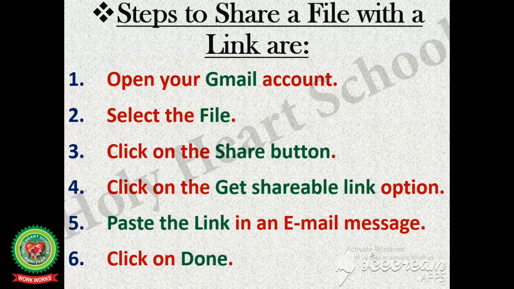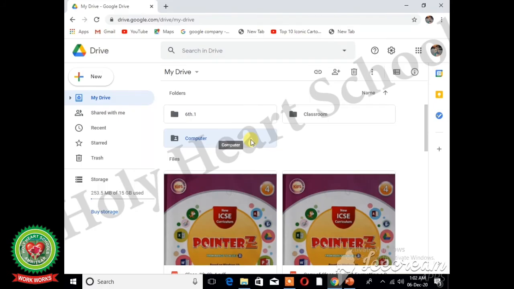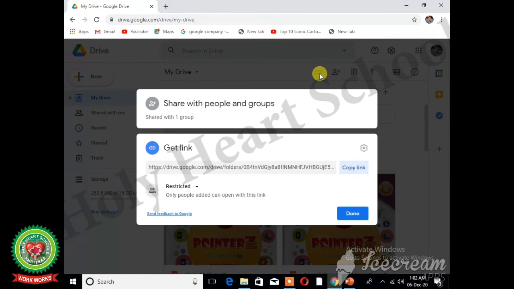Let's do its practical. Suppose I want to share this computer folder with multiple people by providing a link. Then our first step is select the folder by clicking on it. Second is click on this get link icon. Here you will see the link of your folder. Then we will click on this copy link option. After clicking on it,